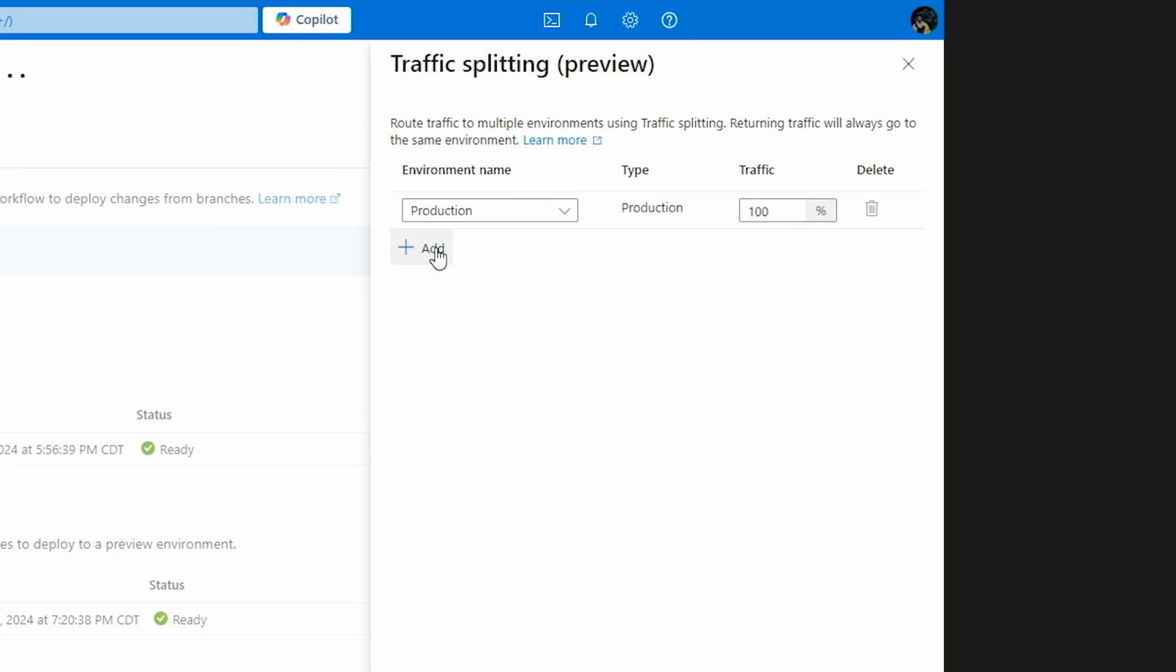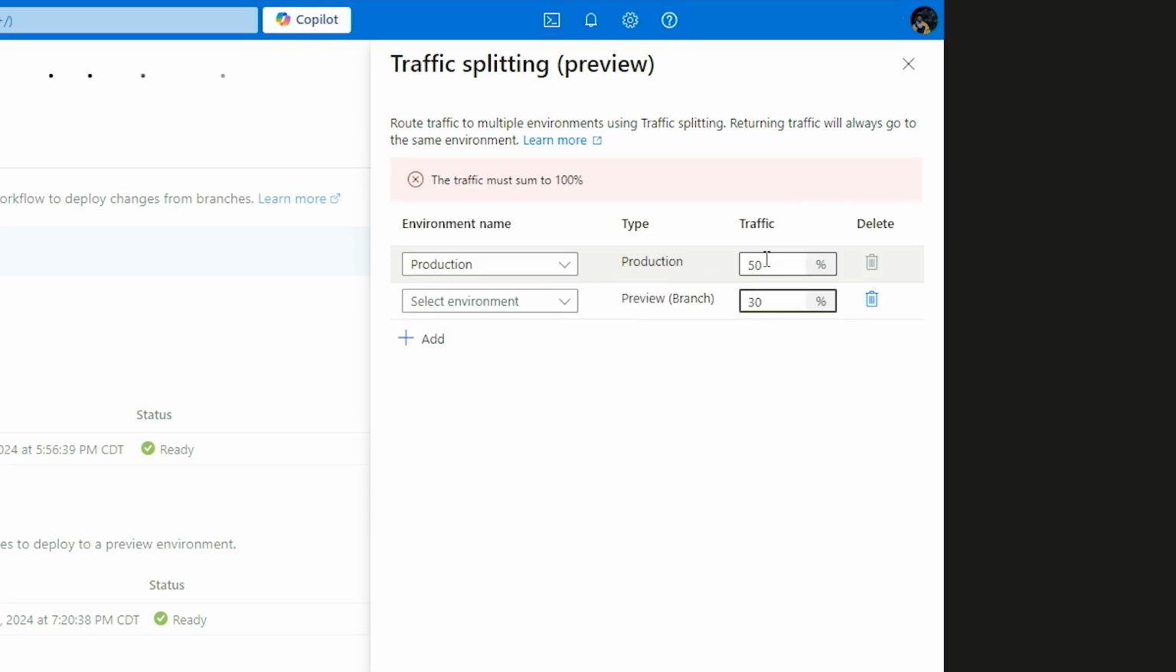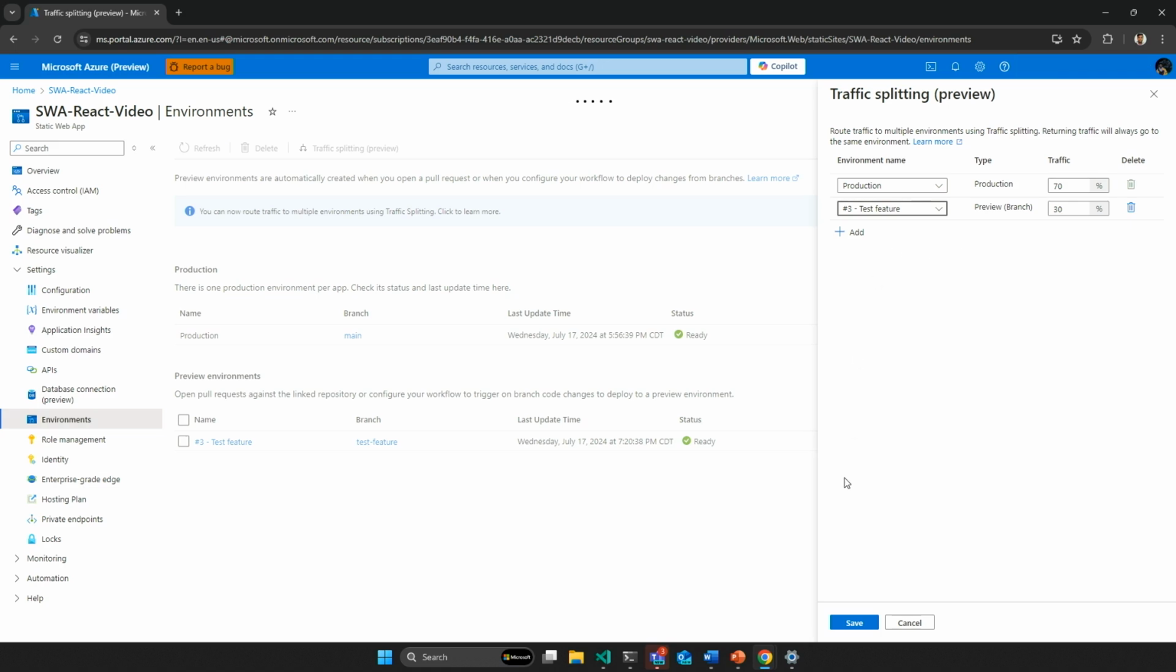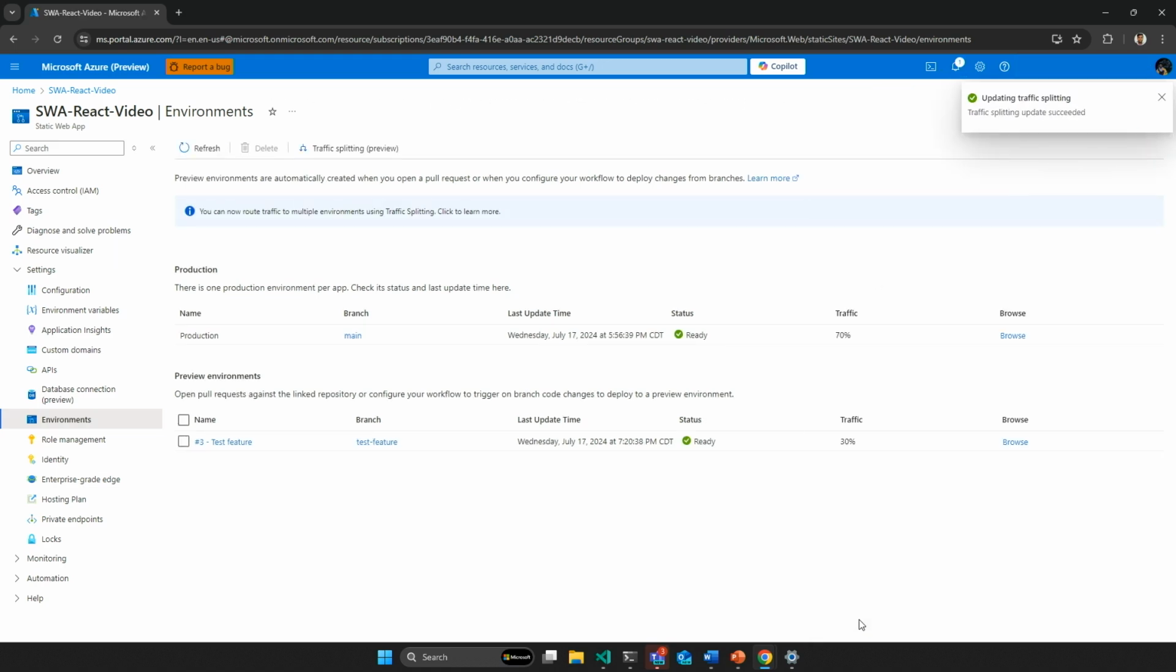But say we want more customers to try out our new feature that's currently in a preview environment. We're going to go ahead and add that. And in this particular case, I only want 30% of my customers going to the preview environment. I'm going to select environment and set it to test feature. I'm going to go ahead and save. And just like that, we now have 70% of our traffic going to our original production environment and 30% trying